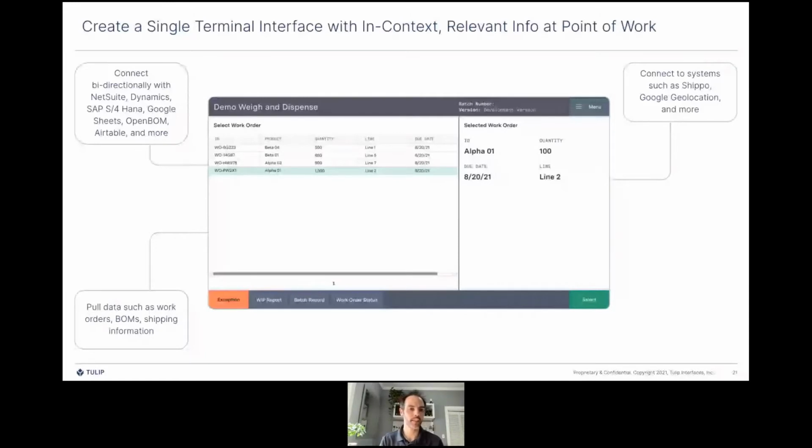You can pull data such as those work orders we're looking at now, bill of material information to know what's to be done, specifications we talked about earlier, or at the end of the execution, we can maybe also exchange shipping information, right? So those are the kind of things that you can do, and those are just some ideas. You might have completely new, different systems that can be connected, and this is where creativity will be very